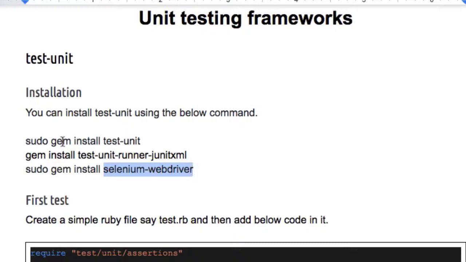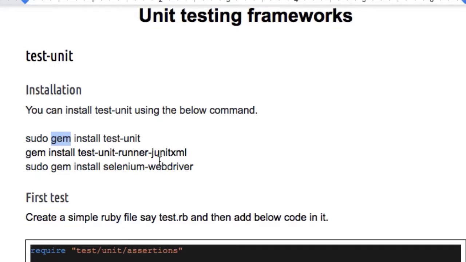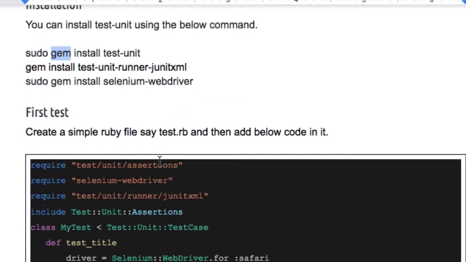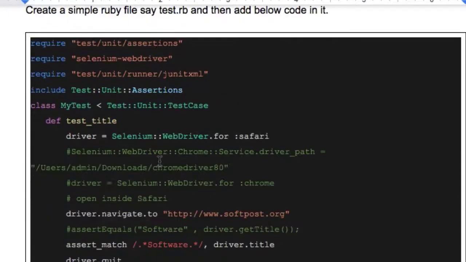Gem is a package management tool, just like how we have npm in Node.js. We have gem in Ruby, which allows you to install the dependencies. So for execution of the Selenium test, I will need these three dependencies or packages, or gems, as we call them in the Ruby language. Then once these gems are installed, you can create a new test with the extension .rb,